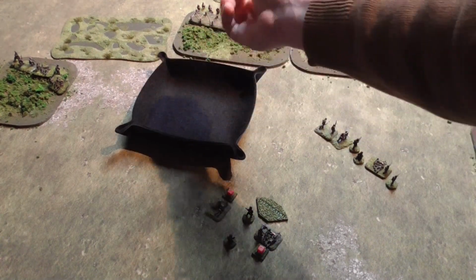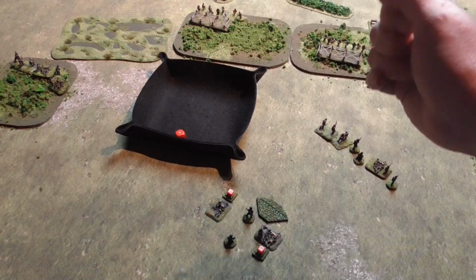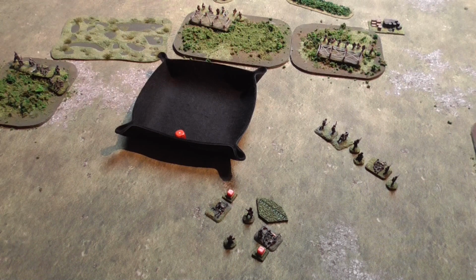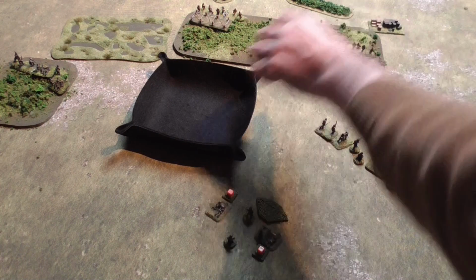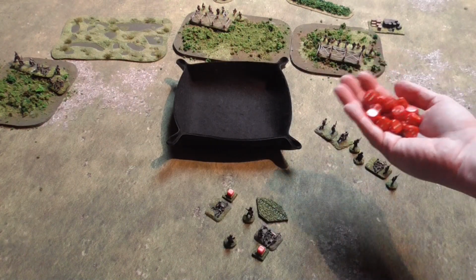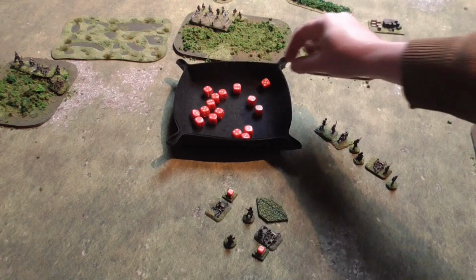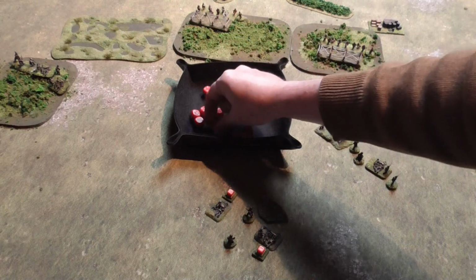So junior leader killed. On the bad things happen table is a 1, so that's minus 1 point straight away off the German morale. So they're down to 10 now. And then on this side, we've got this section firing as well. Same again, they've also got an SMG in there from their junior leader. So let's roll first of all for the other weapons, the rifles and the LMGs. So we've got,